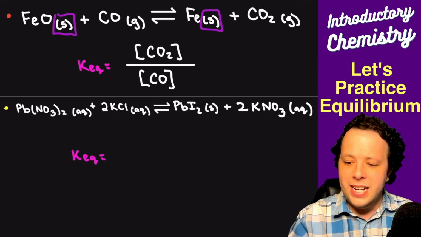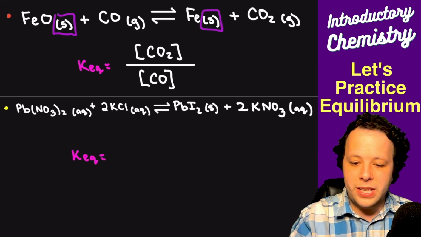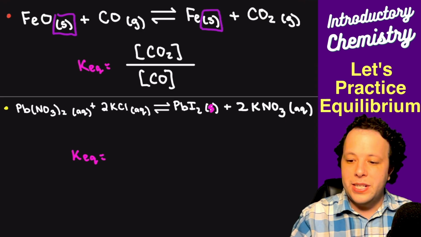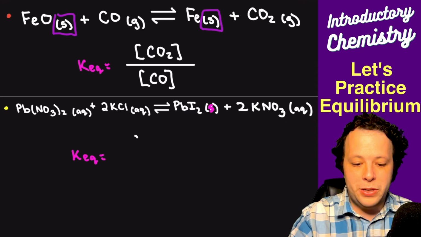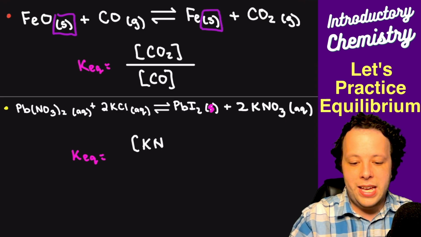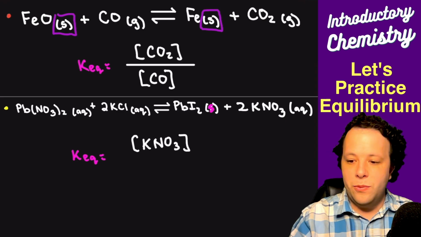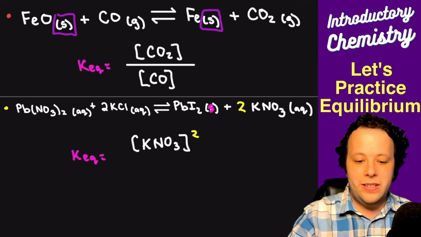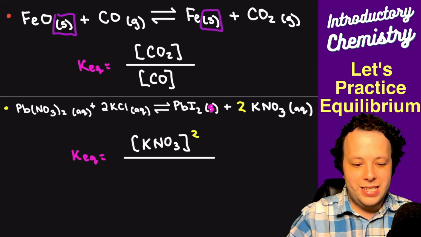All right, now the last one, we're once again looking for all the different phases. So one thing that we can see is that we have a solid here. So we're not going to include that. So when we do products, we have KNO3. And one thing that we can notice is that it has a 2 coefficient. So we'll put a power of 2 in front of it. Then we do our reactants. So we have